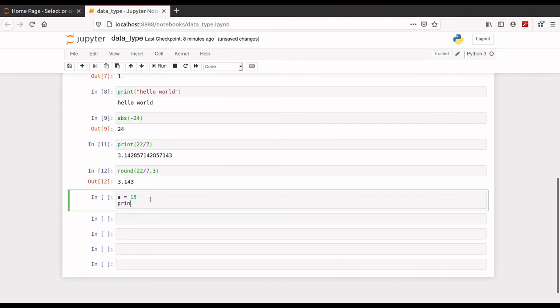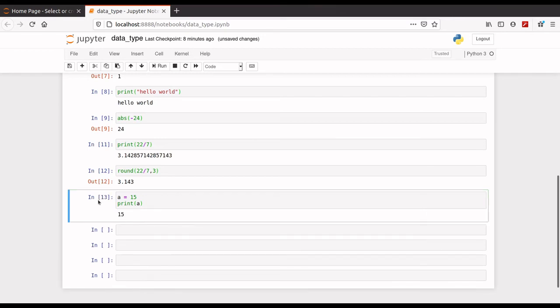Now if you just print a, then look, it is printing. Here I am not giving any data type of the variable, but Python will automatically give this data type on the basis of the value you have given to it.